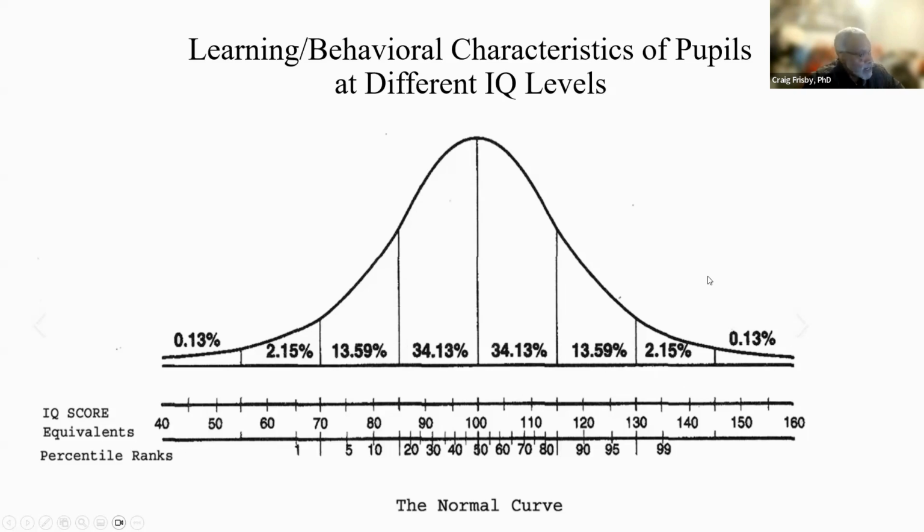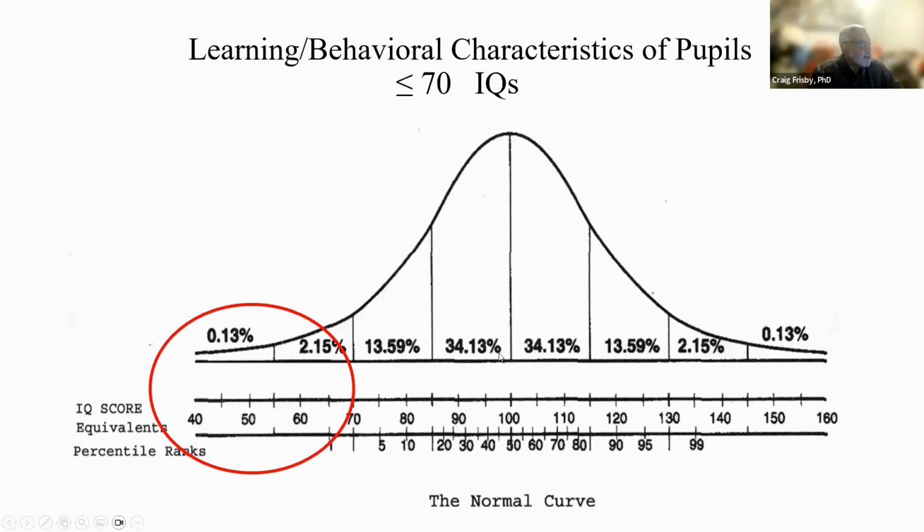So basically the argument here that I'm making is that there's a lot that we know about kids who get IQ scores within any of these ranges. So what I want to do is go through what some of those characteristics are, because that's the reason why you're giving IQ tests. You want to find out about the learning characteristics of these kids, and IQ tests have been around for a long time, and they're excellent means to do that.